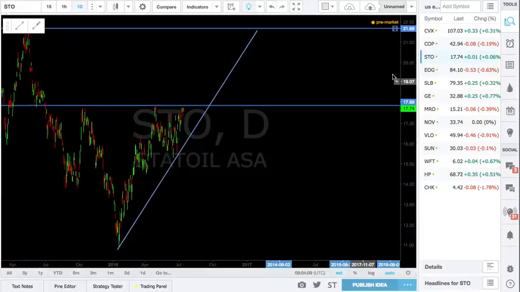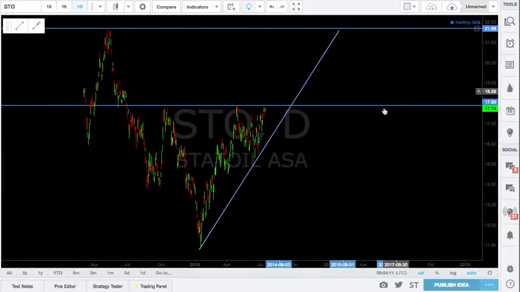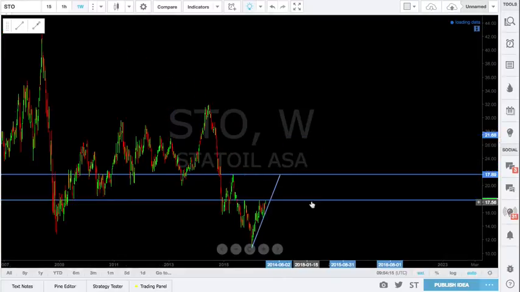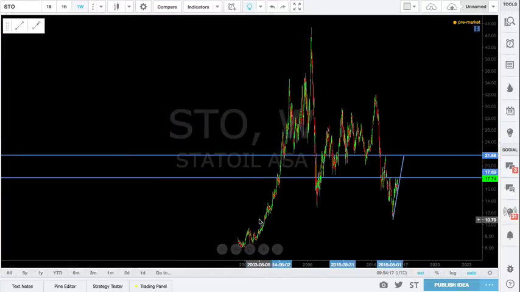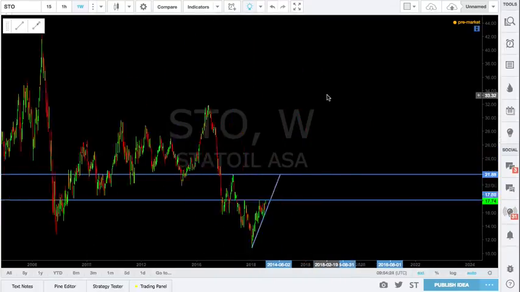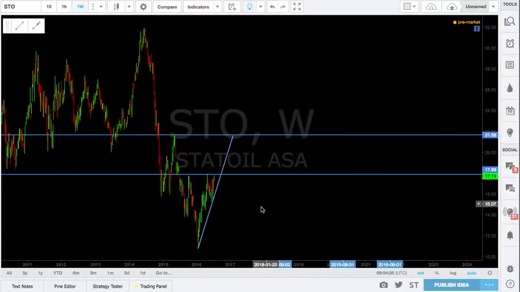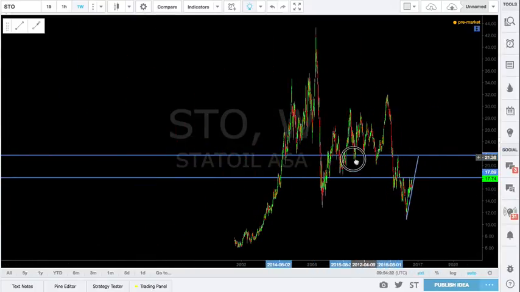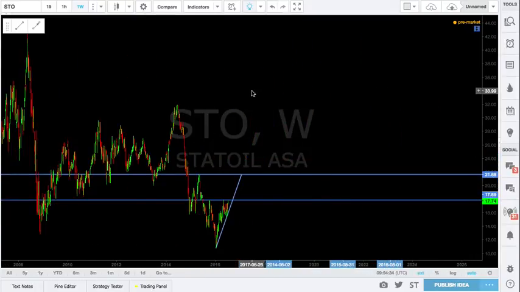Okay, Statoil. Go to the weekly. Similar patterns for many of these because they're all energy boom bust. Had their boom, now they're on their way to a bust. So you can see with this one, it's chopping around quite a bit, but I think with this one I'm targeting